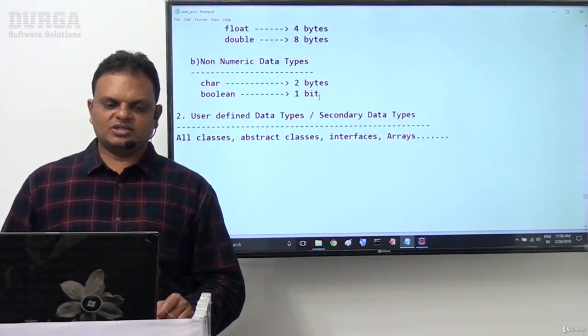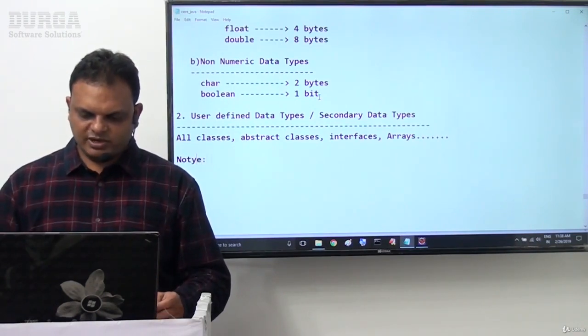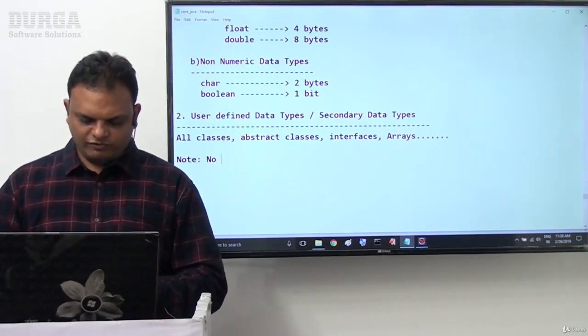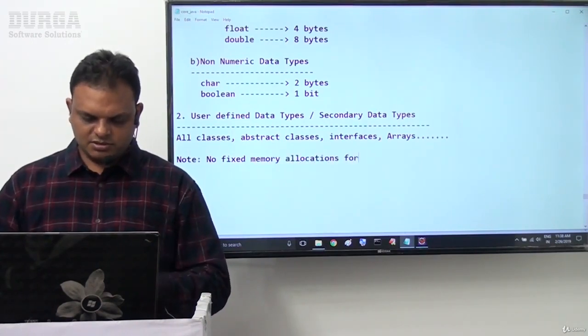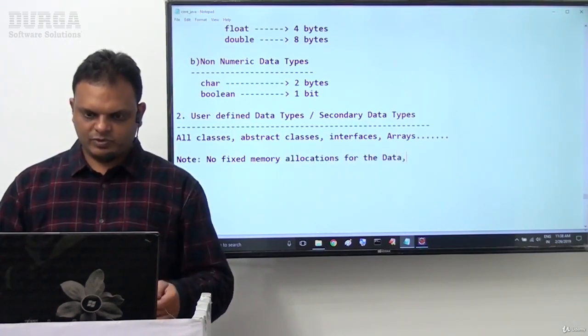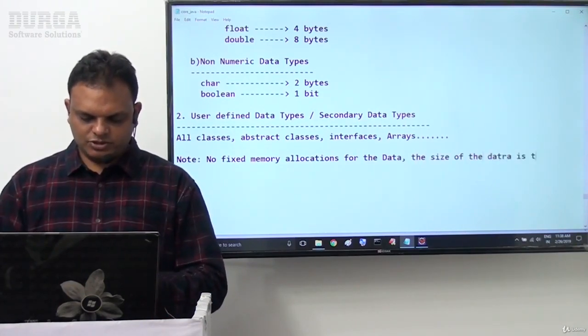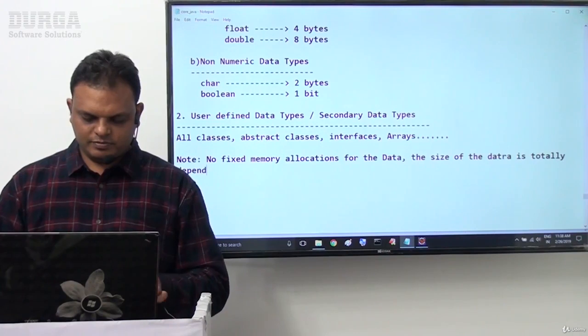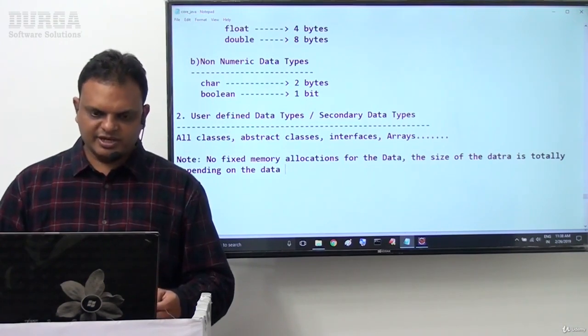Then what about the memory sizes for user defined data types? There are no fixed memory allocations for the data. The size of the data is totally dependent on the volume of the data, on the data at runtime.